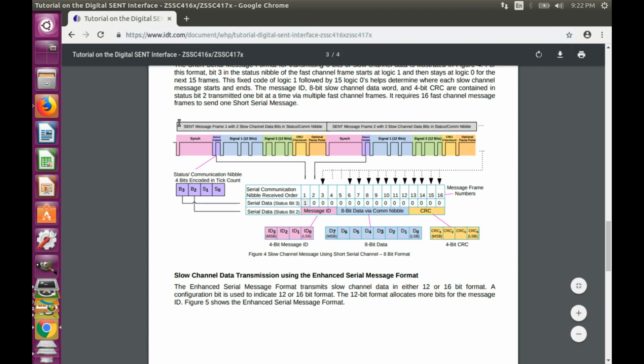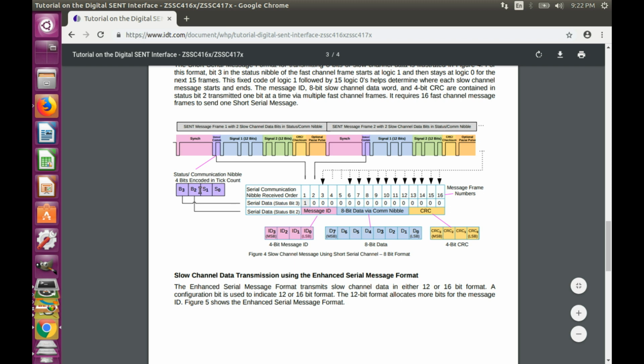Recall that a typical SENT packet consists of a synchronization pulse, a status nibble, 4 bits, then 24 bits of data, and finally 4 bits of checksum, CRC. If we receive many packets one after another, what we can do is take a status nibble, take